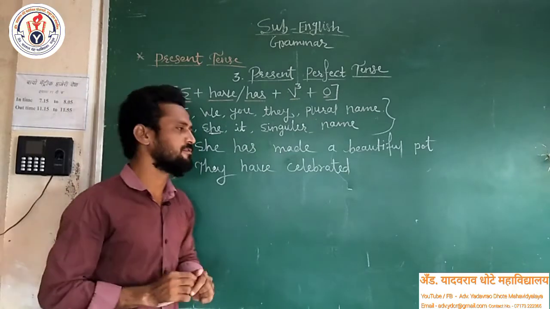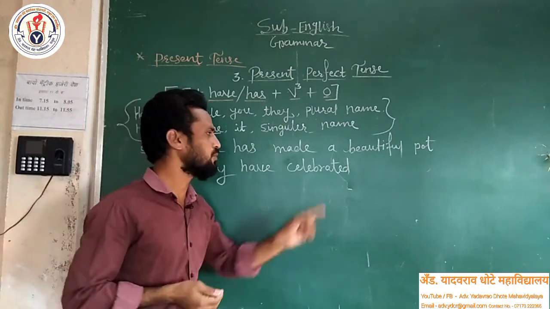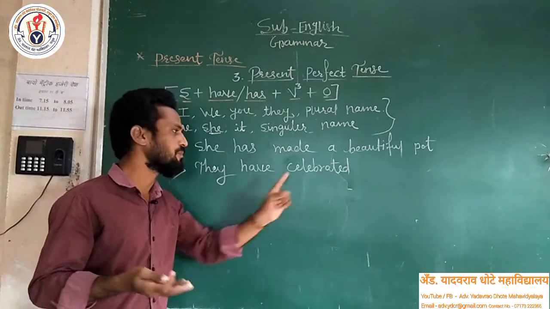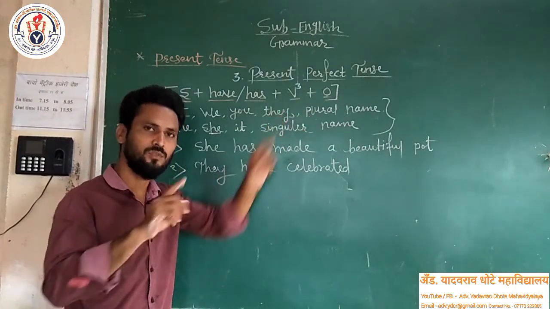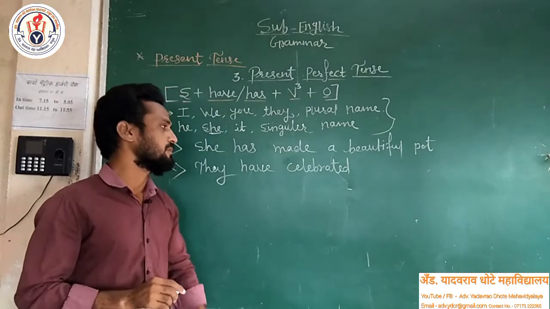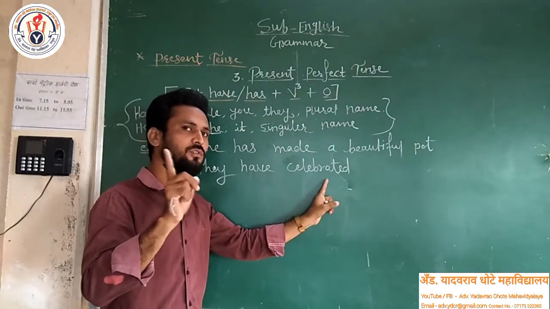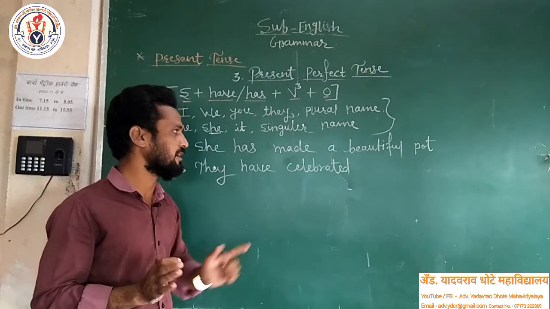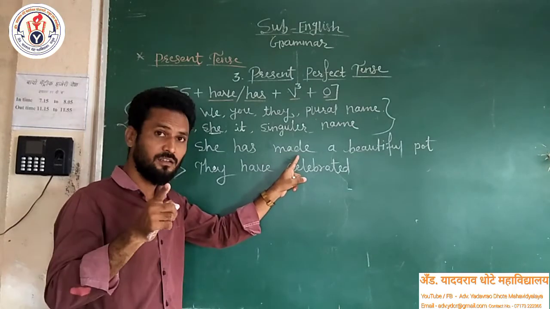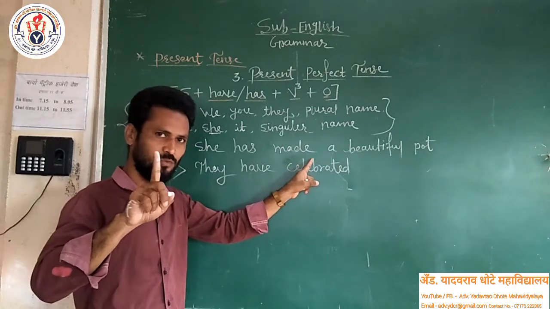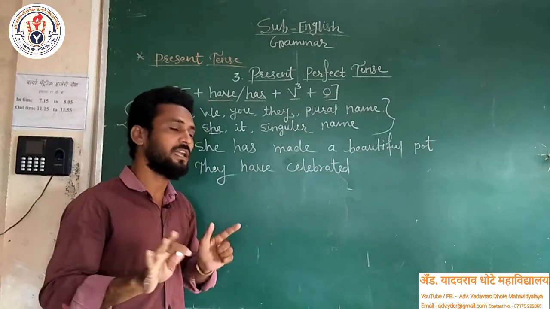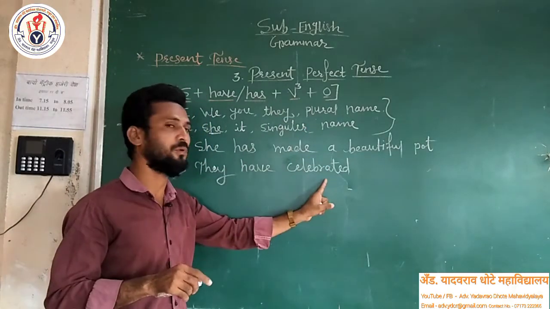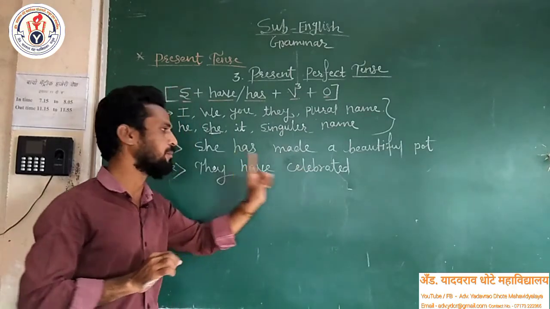Some students commonly think that it is very easy: we just have to put ed or d at the end of the verb, and automatically it will be the third form, the past participle form. No, it's wrong. Dear students, in every third form there is no need for a d or ed suffix. Some verbs are different. See, made. Is there any d at the end? Is there any ed suffix? No. So not every verb contains a d or ed suffix in its third form. So be careful while writing the past participle form of the verb.